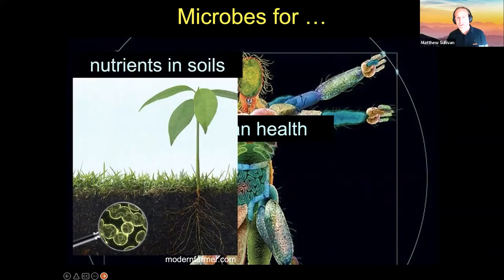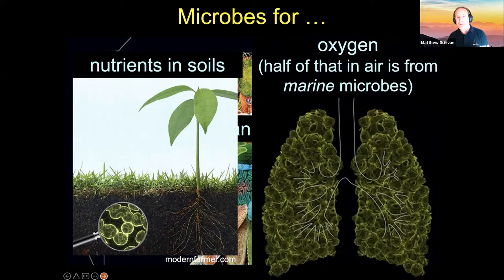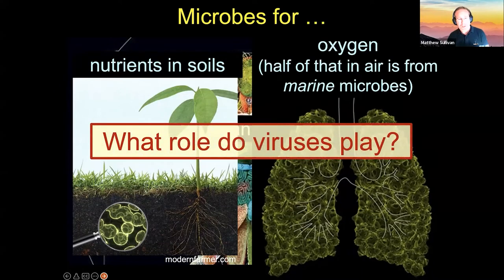If we look in soils, there are microbes critical for biogeochemical cycling and bringing nutrients to plants. There are also microbes and/or viruses which can cause pathogenicity or disease in plants. And in the oceans, there are really important microbes that produce oxygen as well as other biogeochemically important cycling. And half of the oxygen that you actually breathe comes from marine microbes in the sea.